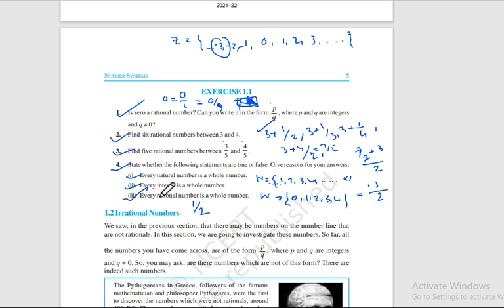So we have done exercise 1.1. It was quite easy, interesting, enjoyable, and we will keep on doing problems like this. I'll cover the entire NCERT Class 9th book first, and then I will cover all your NCERT mathematics and science books,